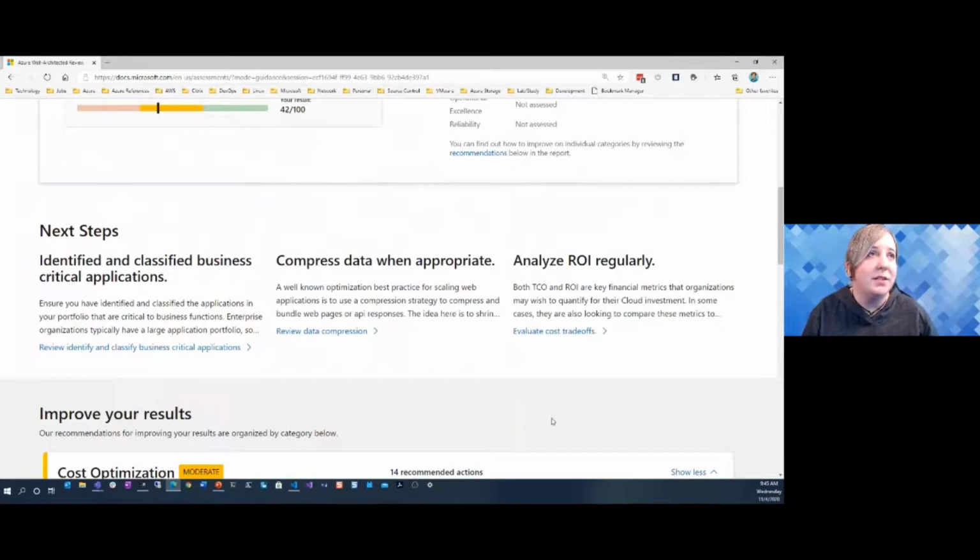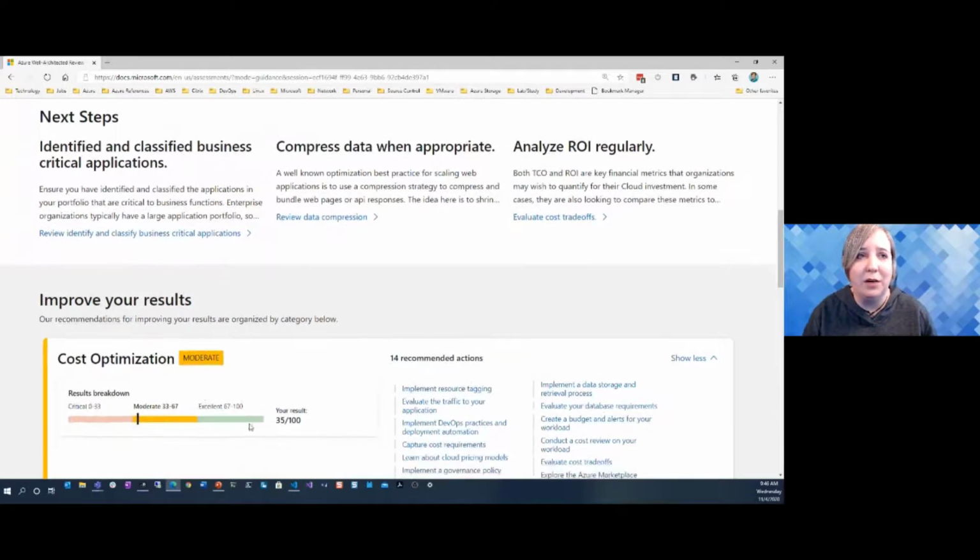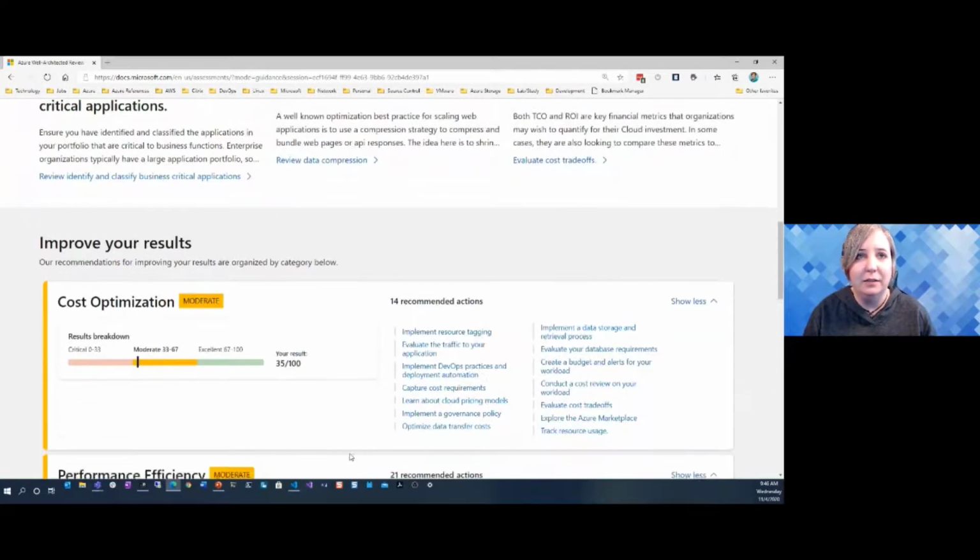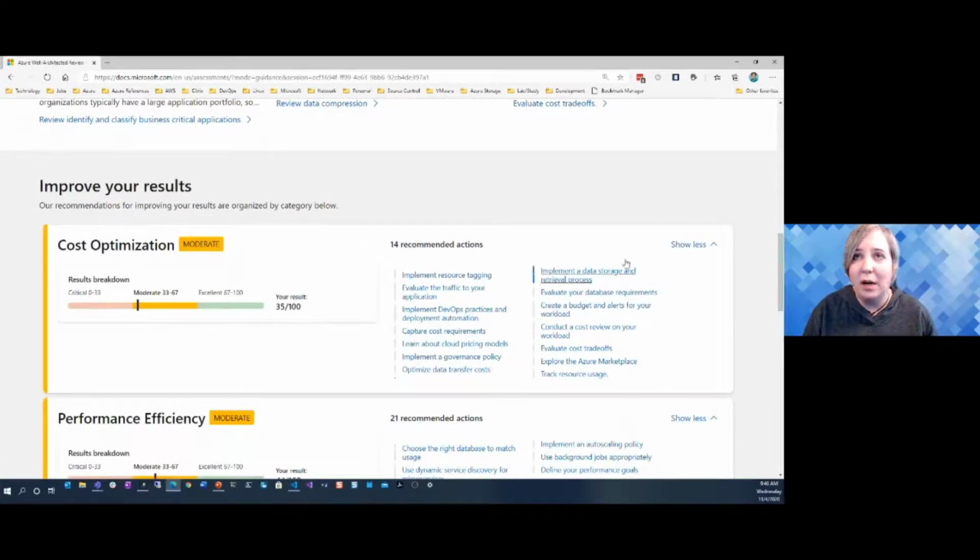Prior to these assessments, I would spend months with customers trying to get them to think about each one of their environments, each one of their security controls, their business unit requirements, the different applications that they had. You can run specific applications through this Well-Architected Framework and get an idea on how to make this environment better, so you reach that point where you're over here on the excellent side. So yeah, that's the Well-Architected Review. That's really cool. Very helpful there.